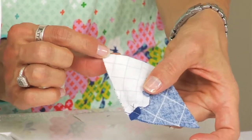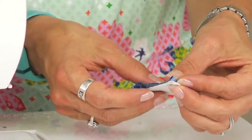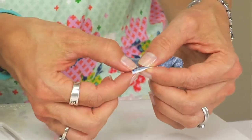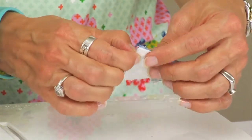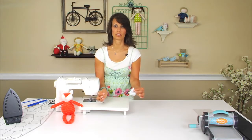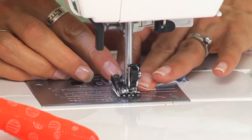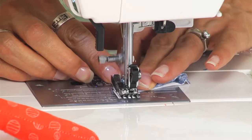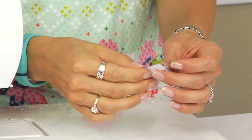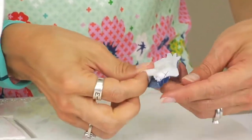Before I sew this little tip, I actually like to fold my hat over. Again, this is totally optional, but I like to fold it over and stitch this little top edge together, so that when it's reversible, the 2 pieces aren't coming apart. Now we've got our 2 pieces attached, and we're going to find the little opening on the white side, and